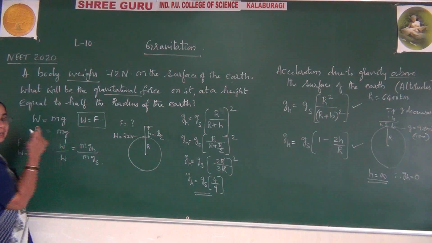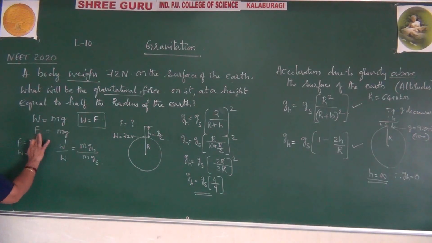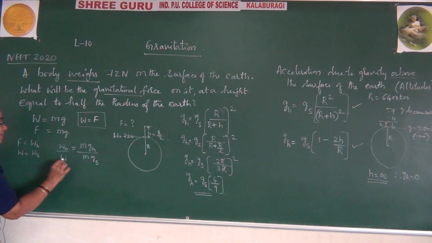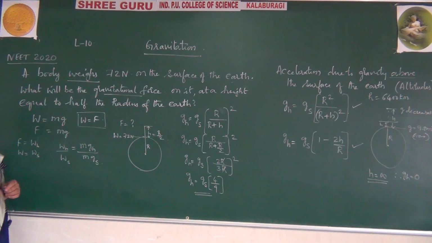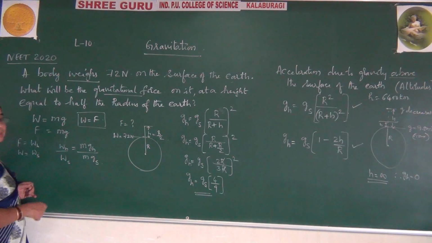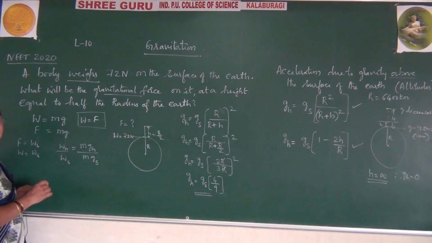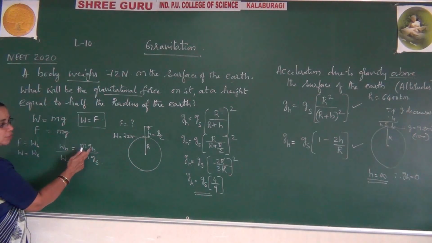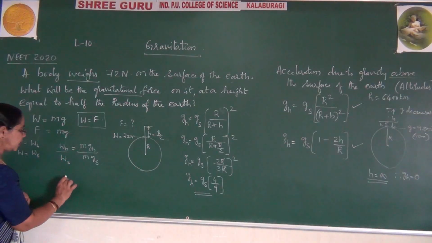This is at some height. So let me write for your convenience the height itself, then you will feel comfortable. So this becomes S, this will be S. This is our formula we have. Now if I rewrite this condition, here WH we have to calculate. WH by WS we have, MGH we have. So let me calculate.